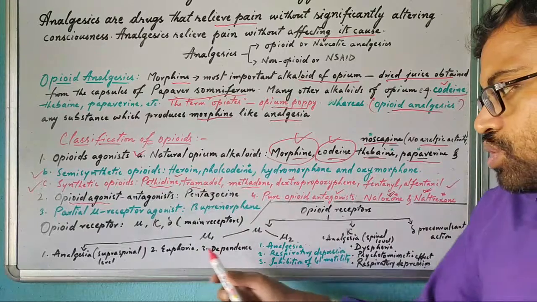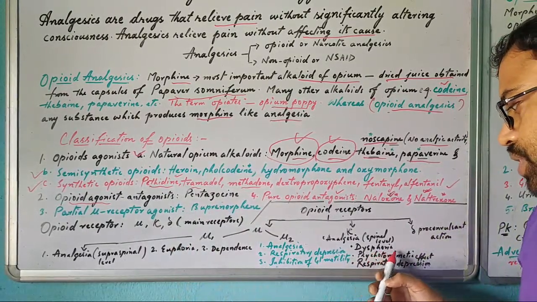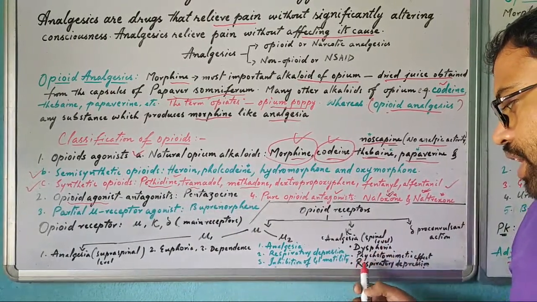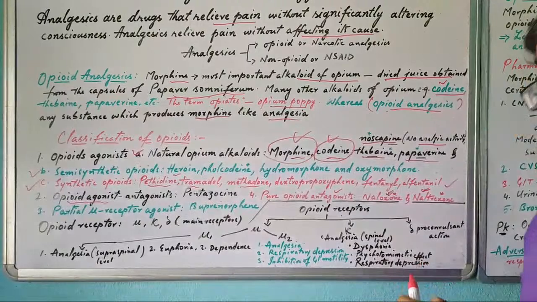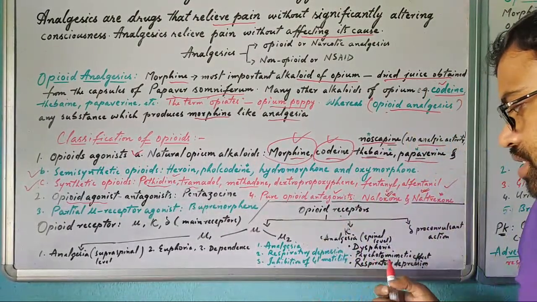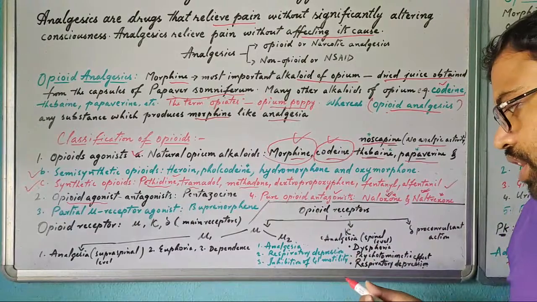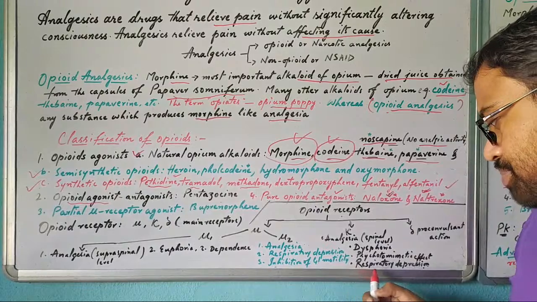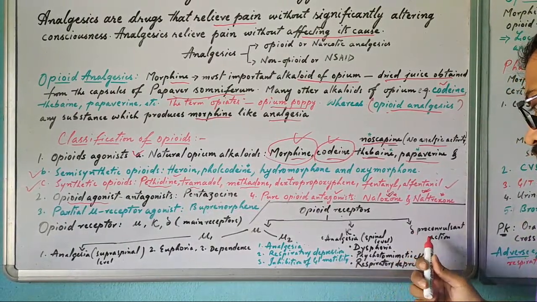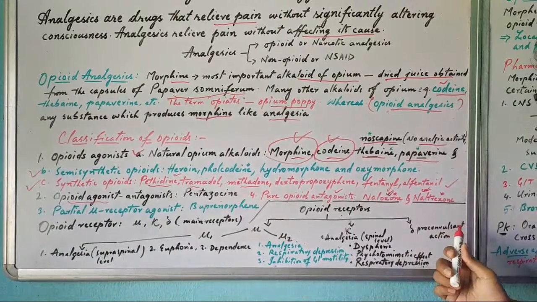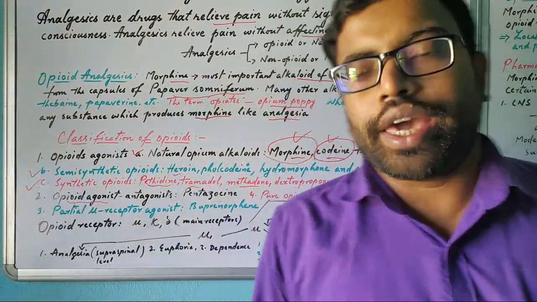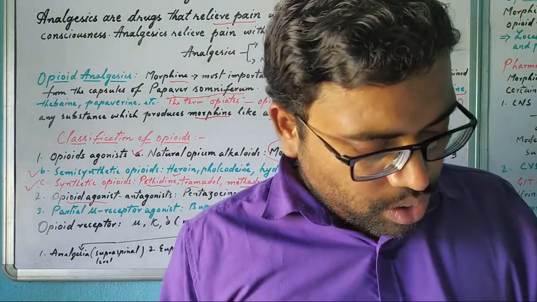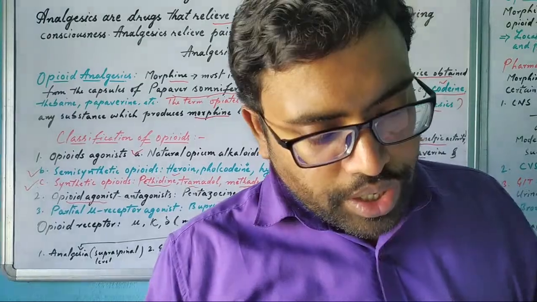So these are all supraspinal. And dysphoria means lowering of hope. Then psychotomimetic effect means it induces a psychological effect, so it may produce some psychological problems. Then respiratory depression again. Then delta has a pro-convulsant action, meaning it produces convulsion-like action. So this is about the classifications and their actions, this is about opioid receptors.